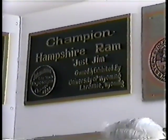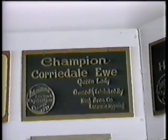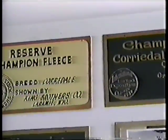So there are actually three major sheep breeds in the United States at the present time that were started right here at the King Brothers Ranch. Well, I think that's about all. You folks have been here long enough anyway. Unless there are any questions,